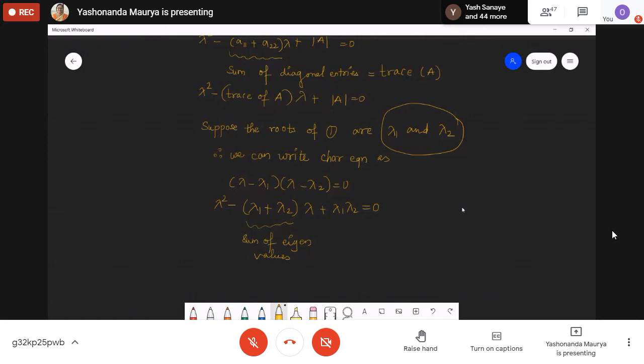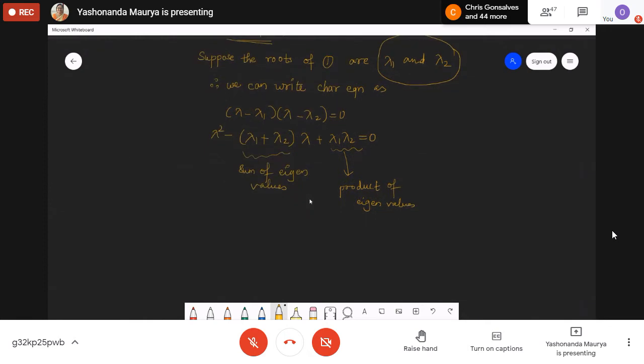Okay, and what is appearing as the constant? It is the product. Okay, so these two are two different expressions. Now see over here, the coefficient is being written in terms of the elements of the matrix. These two numbers can be obtained from the matrix directly, and these are the numbers which are being expressed in terms of the eigenvalues. It is the product of eigenvalues. Okay, so we can compare them.